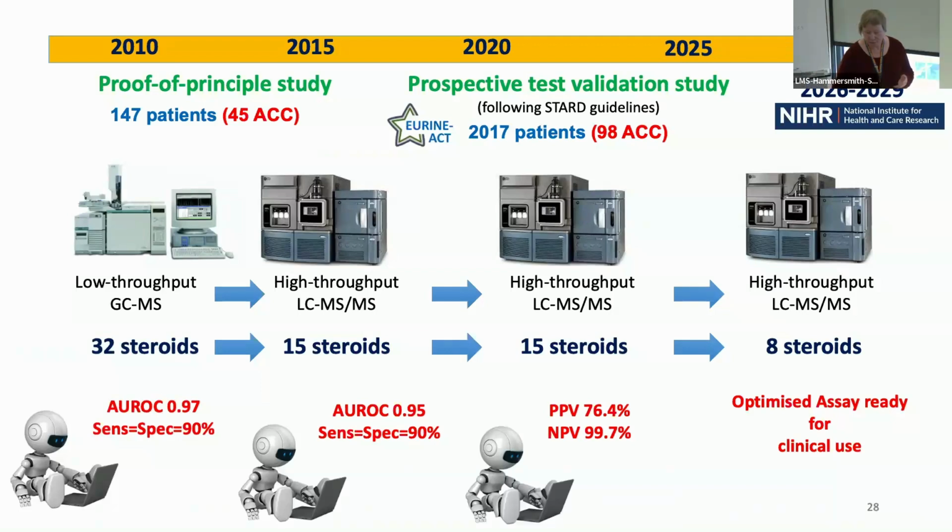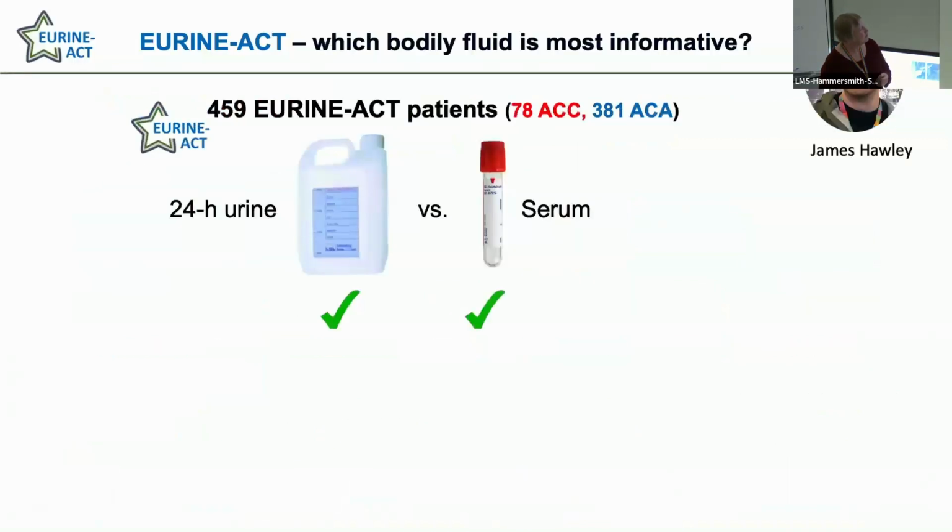And then we have already European centers lined up. And I just show you a glimpse of new data that James Hawley, who's a PhD student with me and a biochemist in Manchester, will show at the BES in its entirety, because we did one thing: we compared urine against serum. Because some people have said, oh, you don't need the urine stuff, much too complicated, do serum. And so there's a paper from the Würzburg group and other papers that just came out, a smaller number